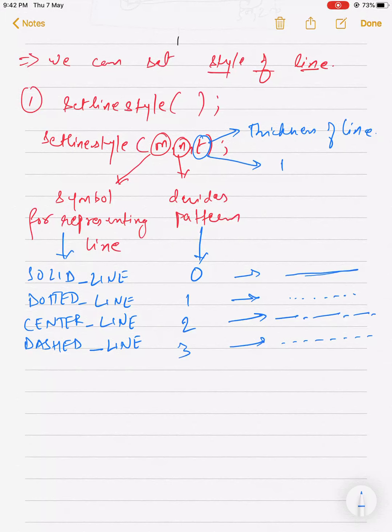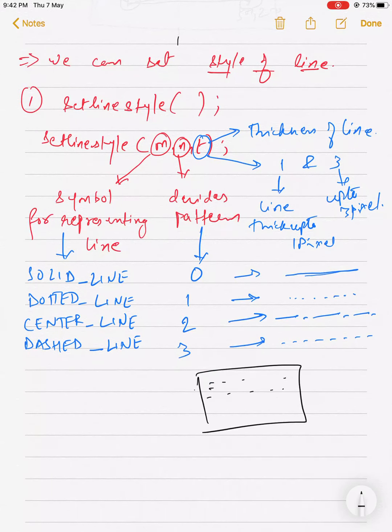T has values 1 and 3. 1 is for a line thickness of 1 pixel, and 3 is up to 3 pixels. If this is your screen and these are the pixels, a line of thickness 3 will take 3 dots, this much thick, and a line of thickness 1 will only take a single line. These are the two different thicknesses available to us.